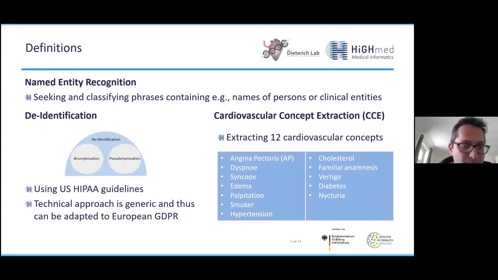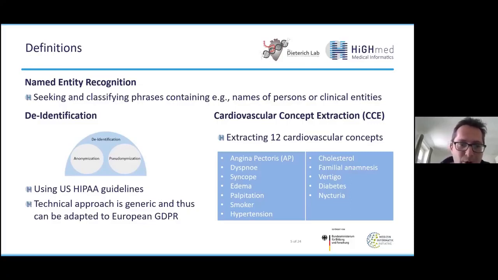We are basing our work on the US data protection regulation, because in comparison to the European GDPR, it has a much better and more precise definition of when we can consider a clinical text de-identified. As you've seen already, we are using the term de-identification, which is the most general term.